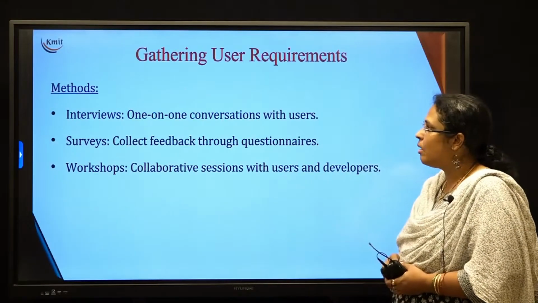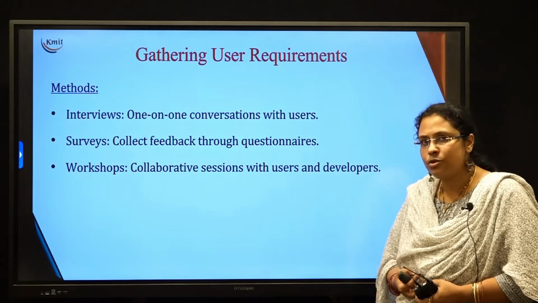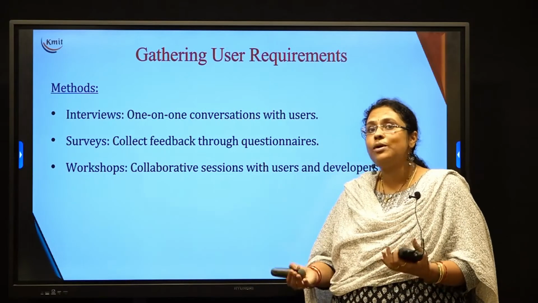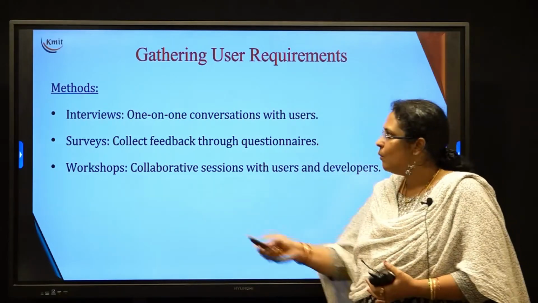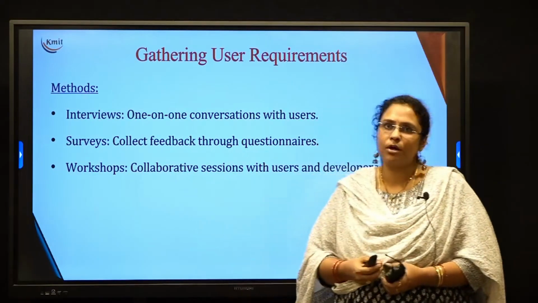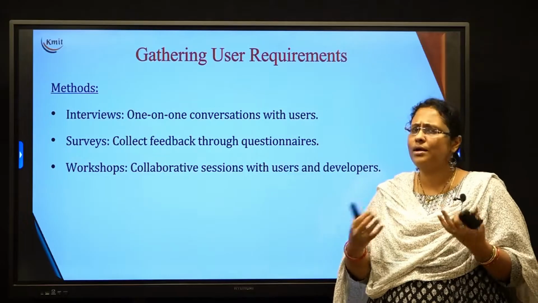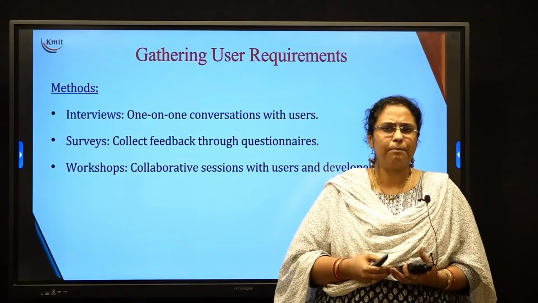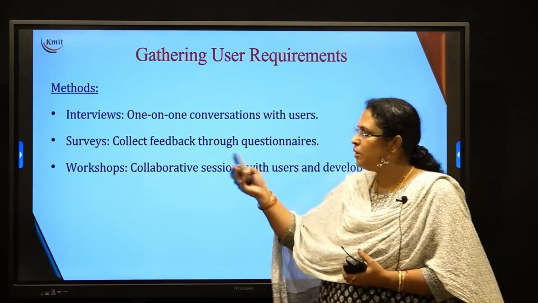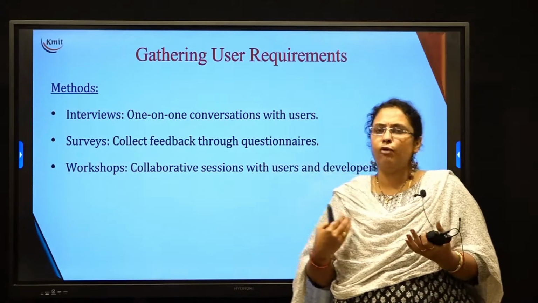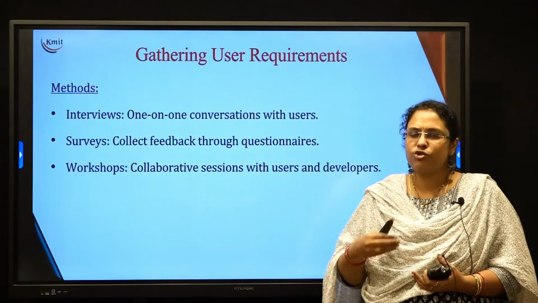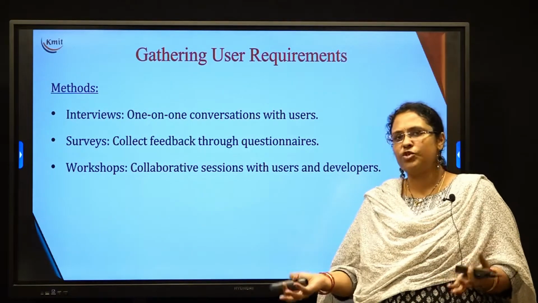Now let's talk about how we can gather these user requirements. Generally, we have three main methods: one is through interview, second is through survey, and the last one is workshop. You can have direct one-to-one communication between the customer and the development team and take the requirements they want. If that is not possible, go with a survey. Create a Google form or any form, ask them to fill it, and based upon the choices they make, develop the software.